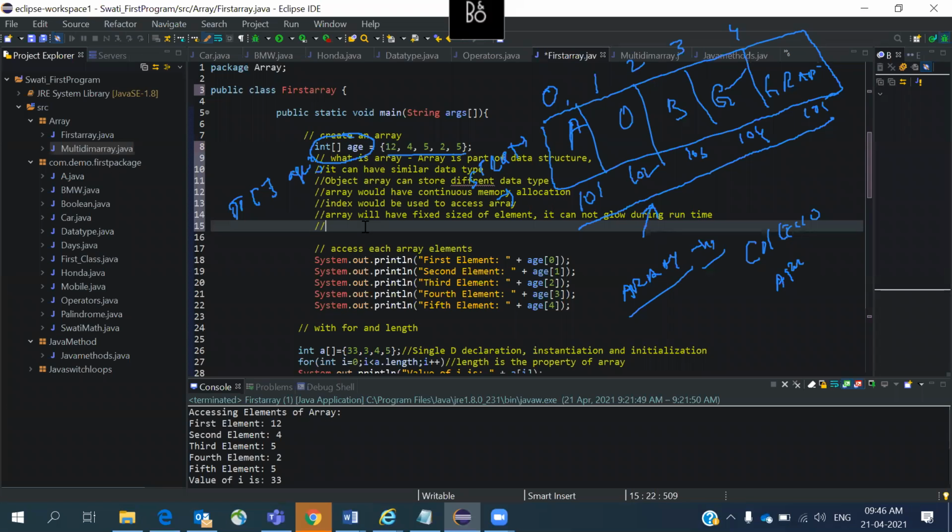Another implementation is int age, and here you can give the array. Oh, I'm sorry. When you give the square braces, we can know that this is an array. So this is an integer array. To get that particular clarity, people usually define it as int array and age. That's why most people use this particular syntax: by seeing this declaration itself, they can understand that this is an integer array.